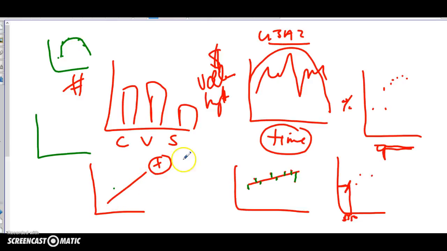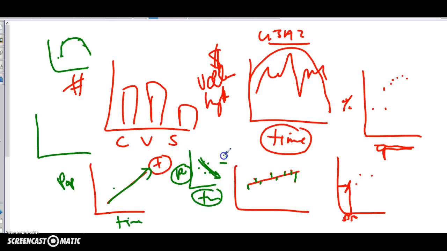And a line of best fit that's drawn like this is positive. A line of best fit that goes this way is negative. Okay, so what that means is you have a positive relationship between this thing and this thing. So if this is time and this is population of something, that would mean that as time increases, so does population. Okay, and if this was time and this was population, and we had a line of best fit that went down this way, that would mean that over time you have a decrease in population. That's what a negative correlation means. Okay, as your independent goes up, your dependent goes down. Okay, and you have a negative slope to the line of best fit. Okay, so it's not positive or negative as far as good or bad. It's just, is it a positive slope